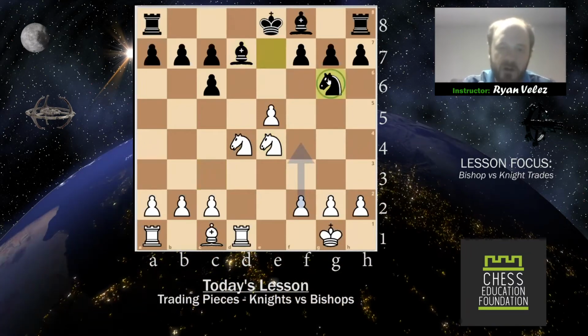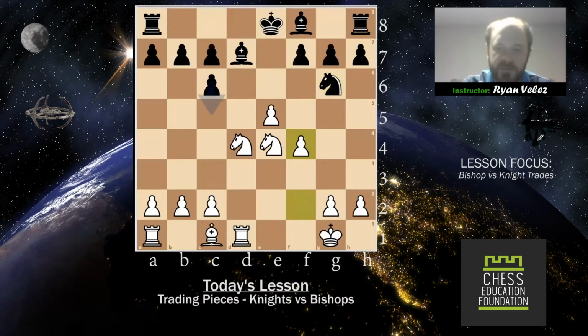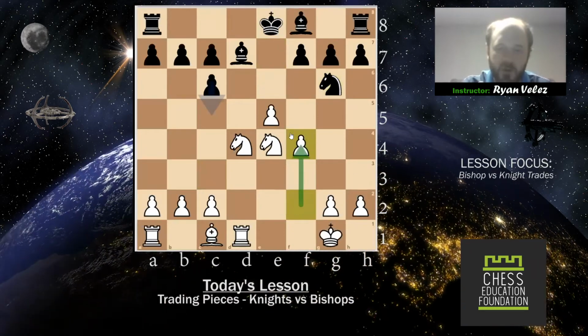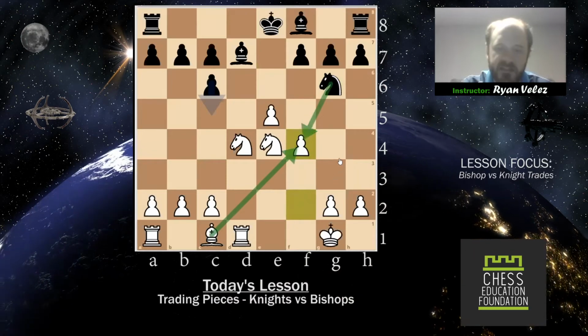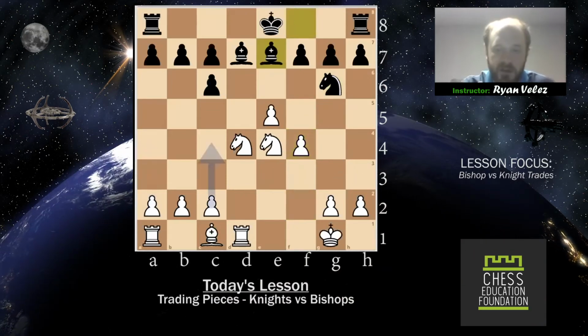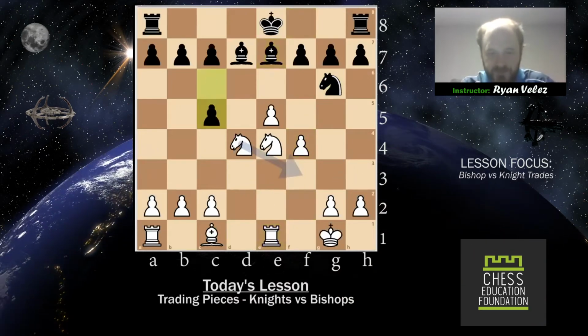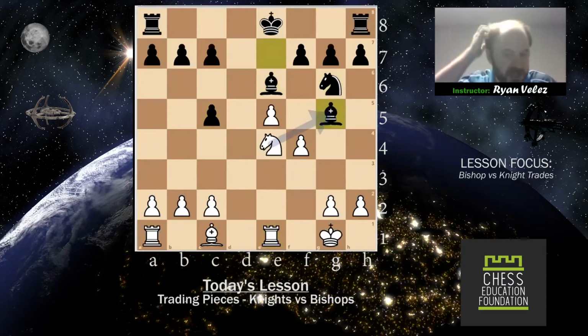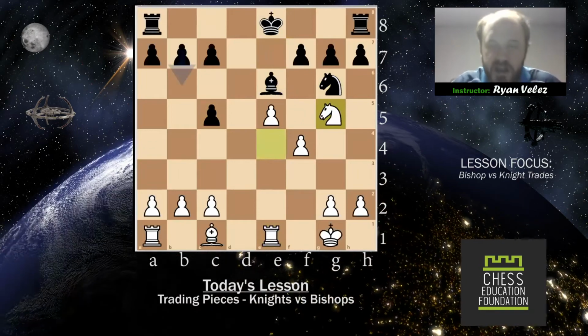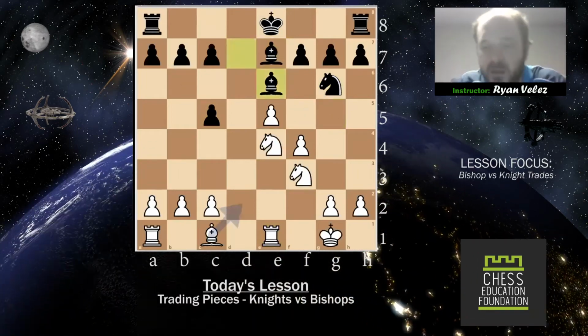Okay, so here, he's threatening this pawn, and it needs to be defended. So they bring this pawn forward to defend it, and the bishop guards it, so we cannot just take it. That's very important to notice. The bishop comes out, kicking that knight back, and we take a knight. And there's one thing that's very important. When you